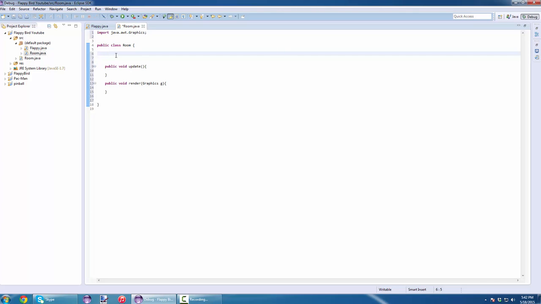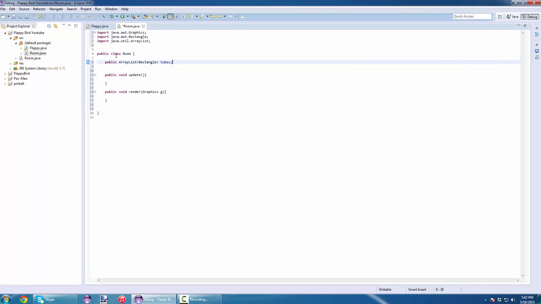All right. So let's create a private array. No, let's make this public. A public ArrayList using Rectangle, and let's call this tubes. We don't have ArrayList, let's import, Ctrl Shift O. Alright, so what else? Let's create the constructor here, and let's initialize this. tubes equals new ArrayList. Okay,